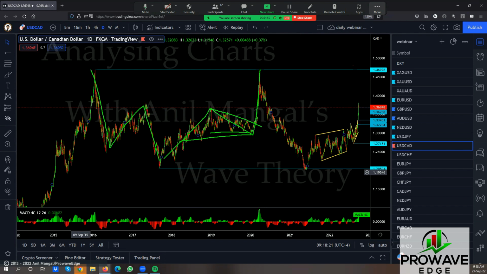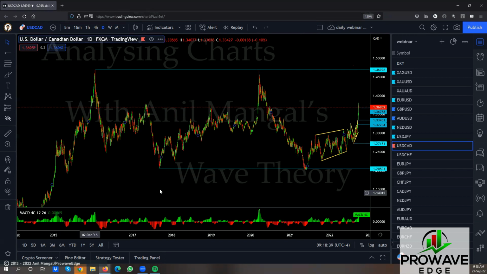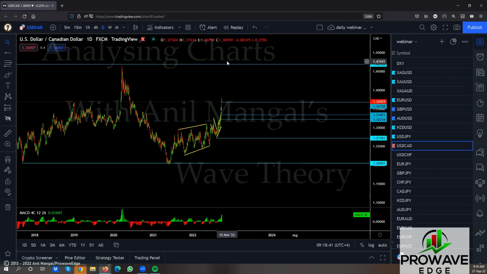It's about 50%, about 50%. So this is the move down. This is about 50%. This is more than 50%. So now it has to literally go down, make a new low, and then go back up, or just continue to go from here. So it's pretty simple.